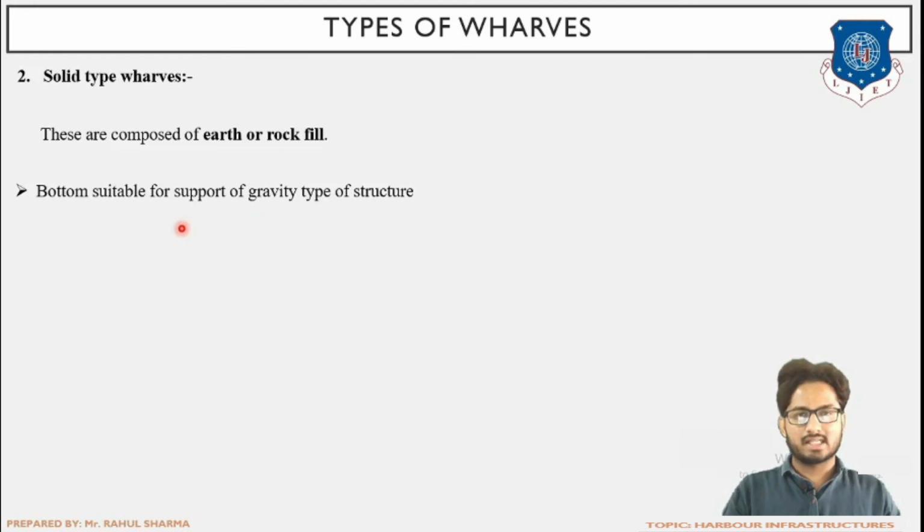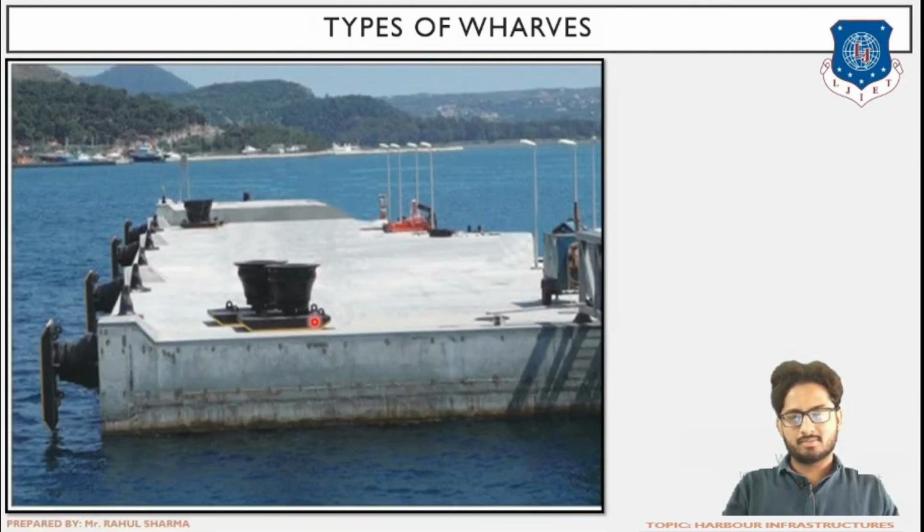If the bearing capacity is less, then that might create an issue, and we might have to move towards the other type of construction. Resist overturning or sliding at the base. So this granule fill structure will resist the overturning or sliding at the base, because its ultimate stability is high. So it will make sure that there is no overturning or sliding failure of the wharf. So this is basically an image for the solid type construction of wharf, in which the granule filling is existing in the bottom instead of piles or cylinders.